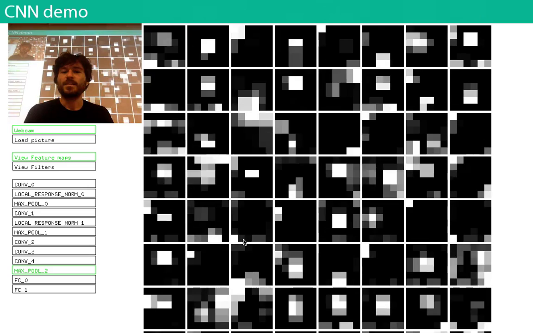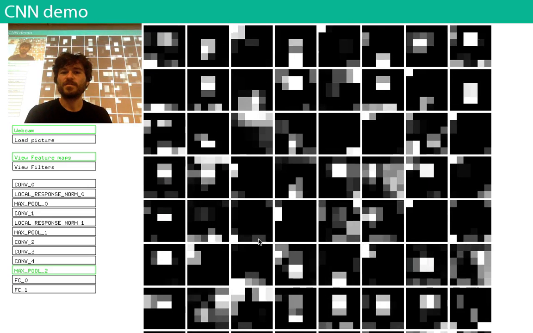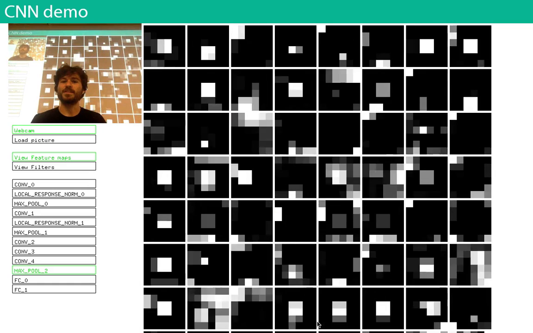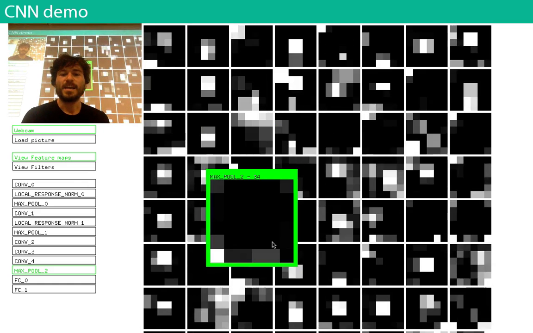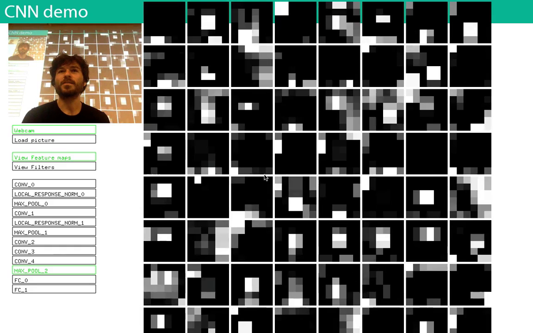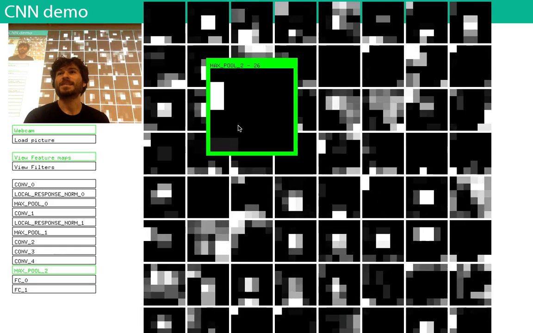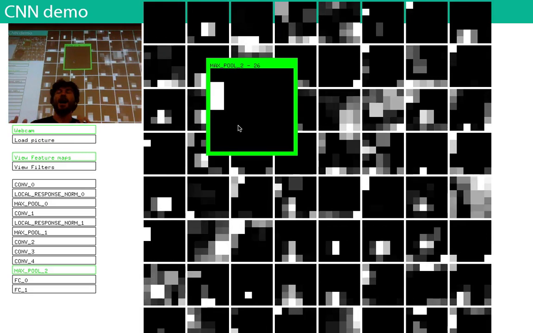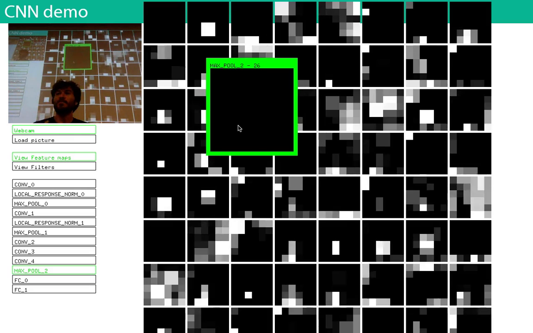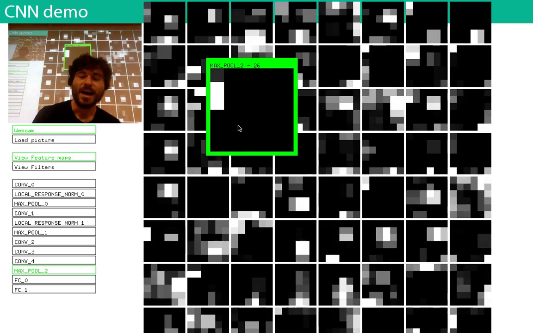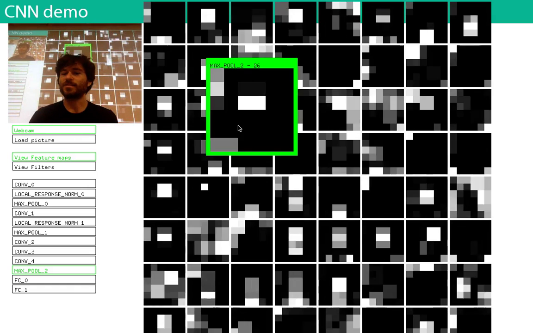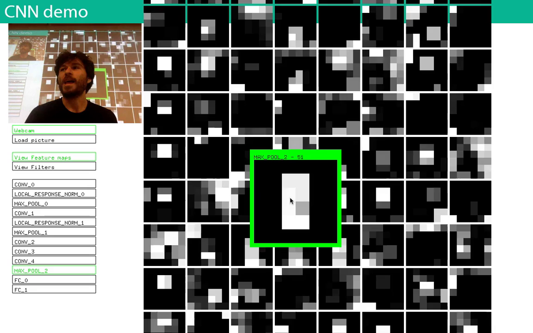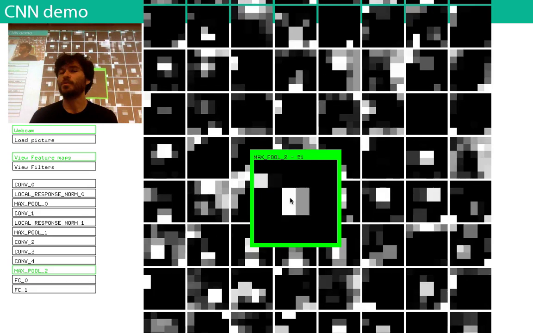Now, the reason why we do this is that as we go through the network, this data, we've gone from this to this through a series of transformations, and this data is far more meaningful to a computer than this is, because it's responding to these abstract objects which we find meaningful, faces, hubcaps, and so on. And so as a vector of data, this is much more valuable and will be much more useful in doing things with it.